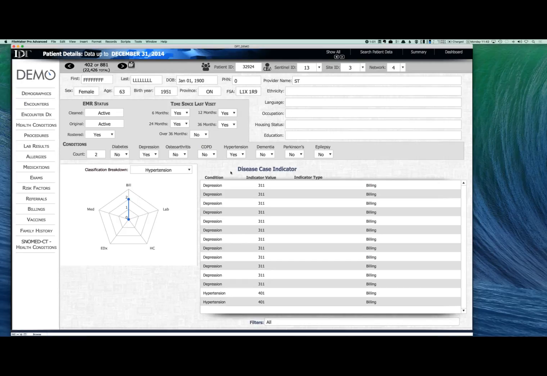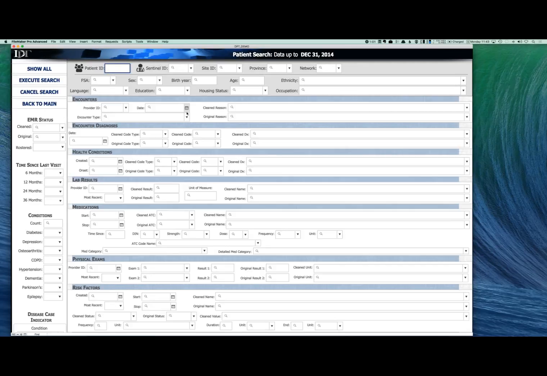So the CPCSSN condition identification works the same way as your problem list. So once identified, there is no kind of time span on that. It just says, okay, they're there from then on. Now, if you were looking at something like, well, I just want to find the patients that had a problem list item of depression in the last 2 years, that's where you'd adjust your search. So it's not going to give you the whole